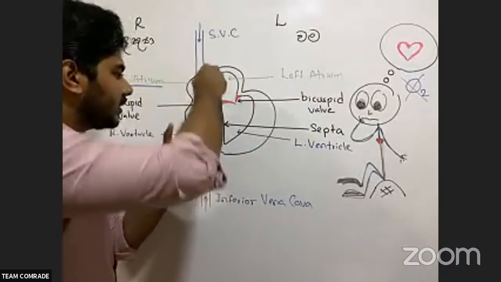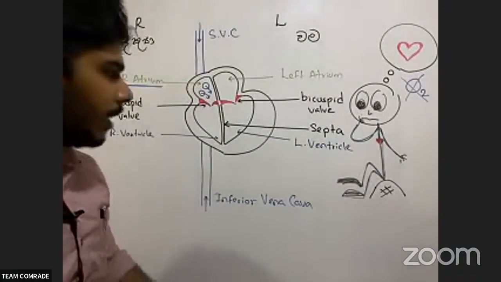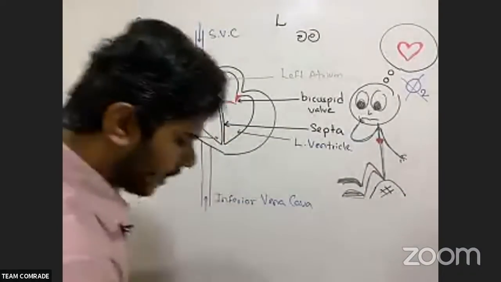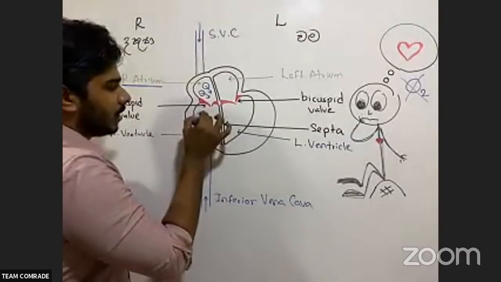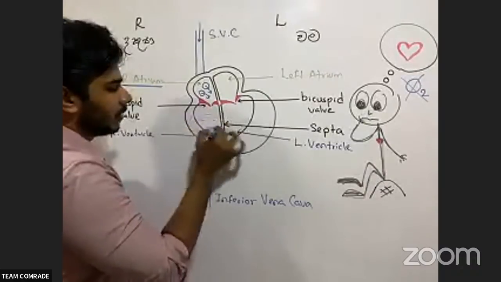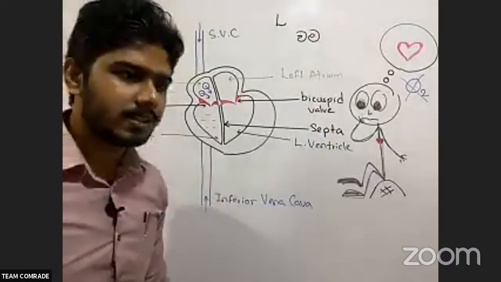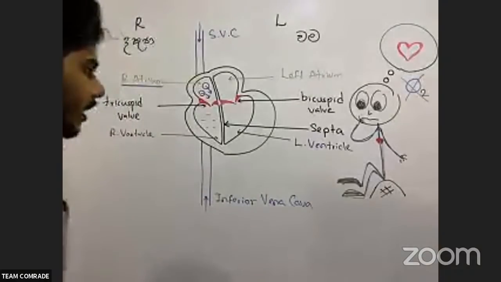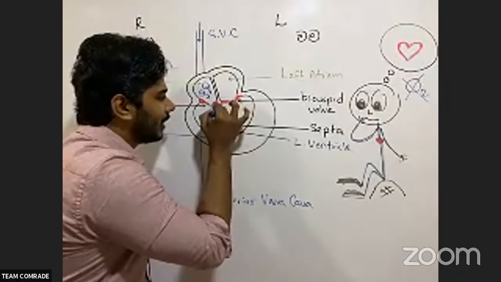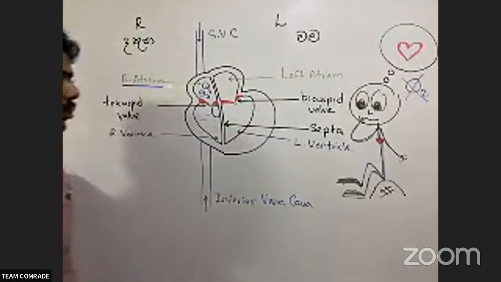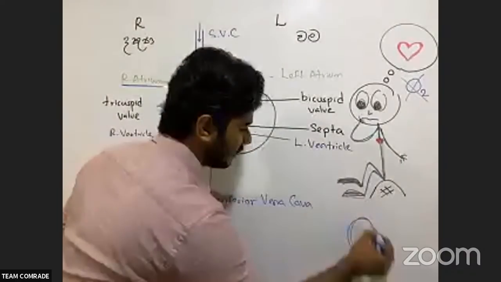Now the blood will start to go down by opening this valve. By opening this valve, what happens? The blood is starting to go down. When the blood is coming down, now the blood is filling here, in the right ventricle. Still the deoxygenated blood is there. Now what happens here? We can see a nice opening from this area. That opening has